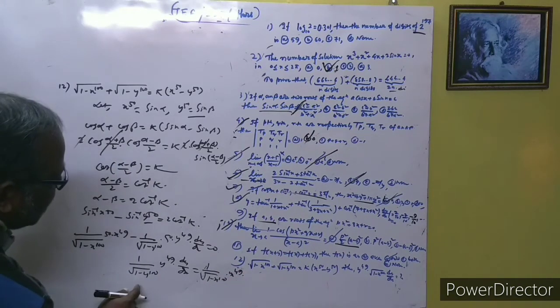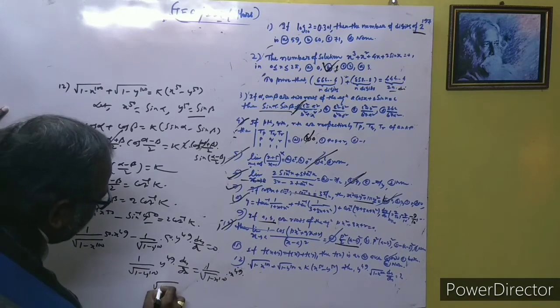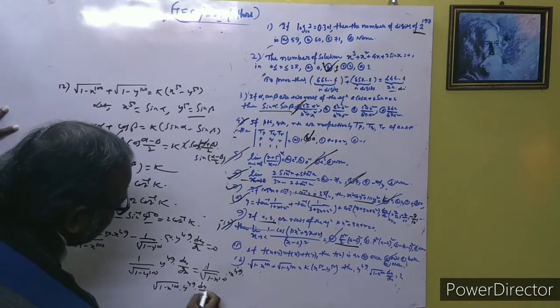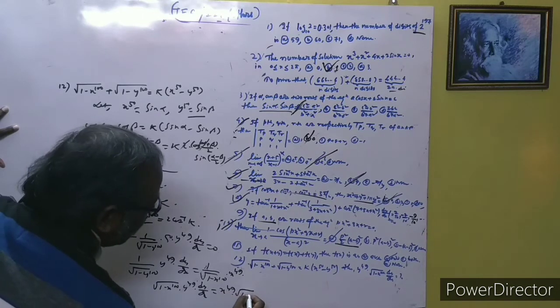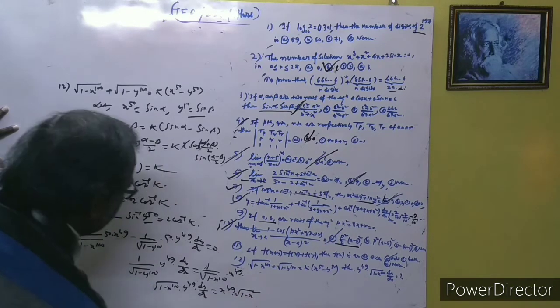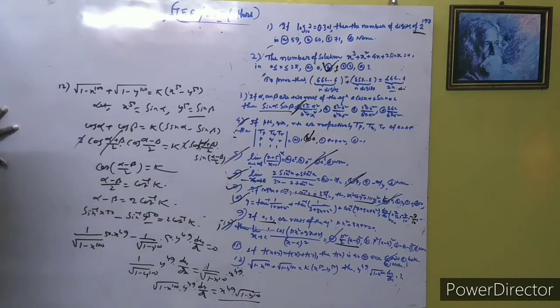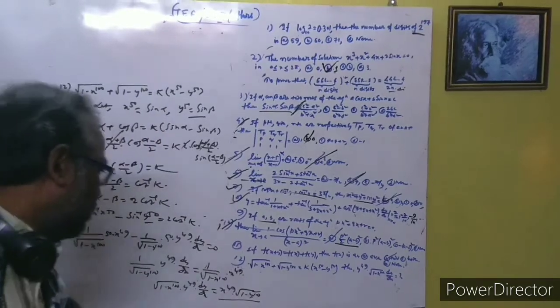Okay, and now change this turns up to this and this also. Then right here, (1 minus x to the power 100) and y to the power 49, dy by dx, this is equal to x to the power 49 and root over 1 minus x to the power 100. This is the solution for the value of the right hand side. This is your value of the right hand side.